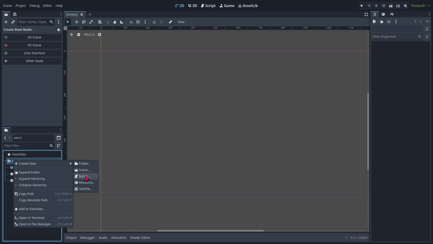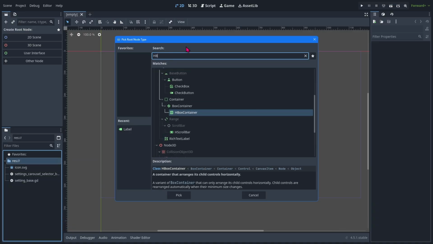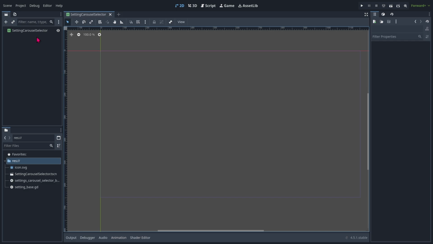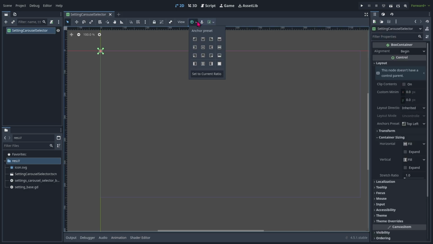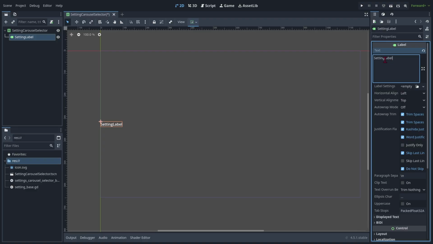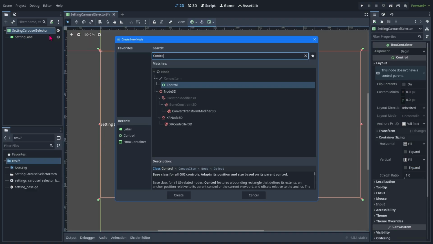Create a new scene. It's going to be an HBoxContainer. The scene name should be Setting Carousel Selector. Set its anchor preset to full rect. Add a label. Rename it to setting label, set its text to setting label,